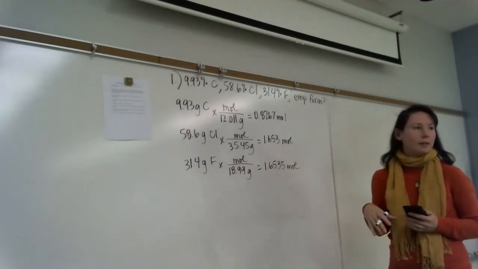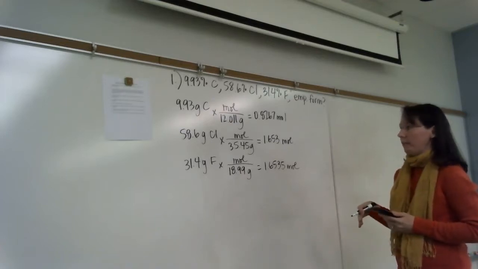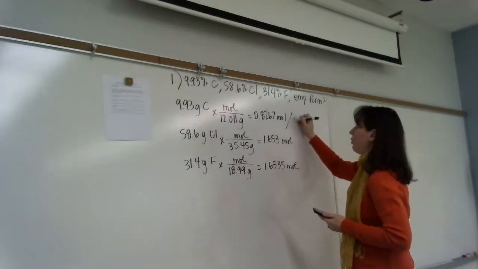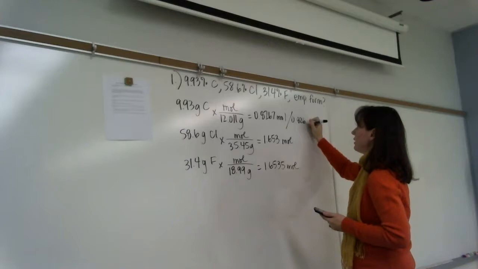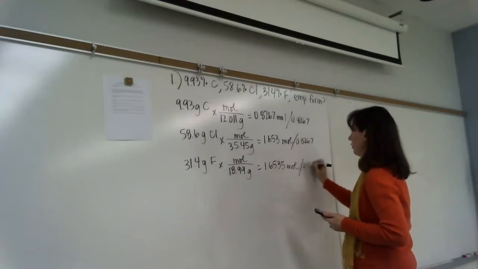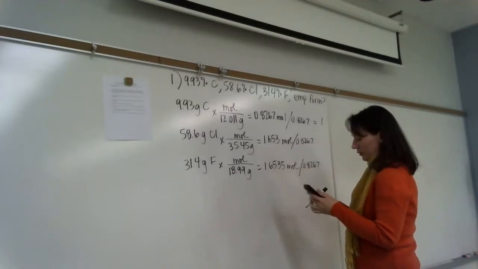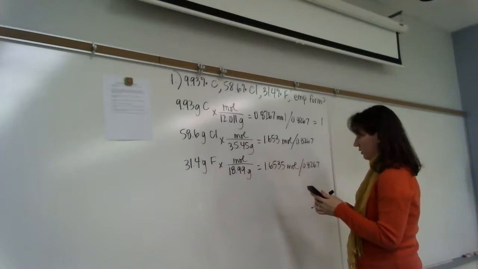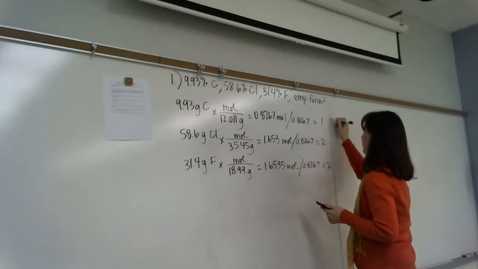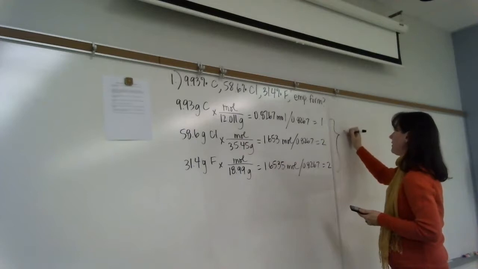What do I do next? Divide all of them by the smallest value, right? So I pick the smallest value, which is 0.8267. Dividing by 0.8267, this equals 1 divided by 0.8267. This is 2. This is 2. So therefore, my empirical formula is